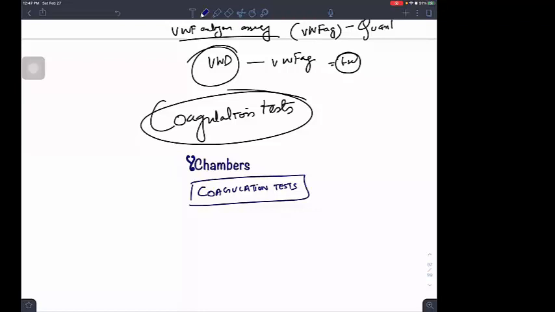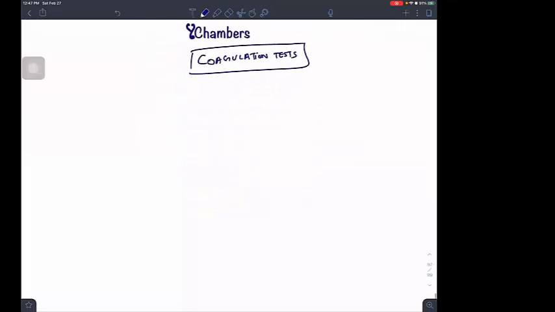So your factor 7A is coming to the 10, and also your 9A is also coming to the center, isn't it? We have already discussed that. And finally, we have the activation of 10 to 10A, then the activation of 2 to 2A, and then activation of 1 to 1A, that is the fibrin monomers. And finally, in presence of 13A and calcium, you are making a fibrin stabilizing plug, isn't it?